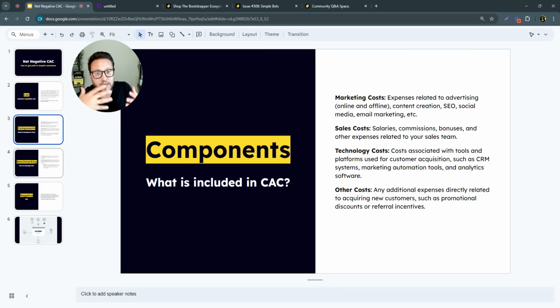If you're using something to help you acquire customers, you want to bolt all of those costs in. You want to bundle the cost into your CAC budget. And that's ultimately going to get you the most realistic understanding of what is actually required to acquire a net new customer inside your business.